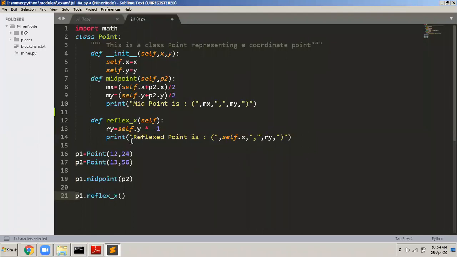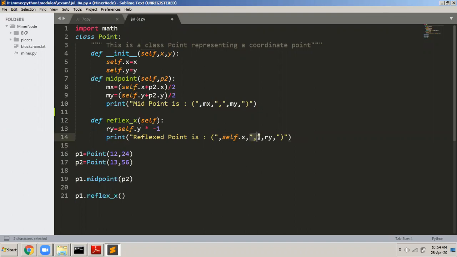So this is the output. Don't worry about why this is so big. In the print, from here to here it will get displayed as it is because it is written in double quotes. Then there is a comma here. Self.x is there because I want to attach that self.x to the print. Then I put a comma again.